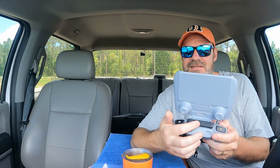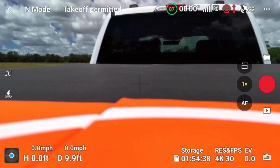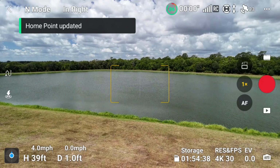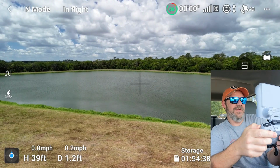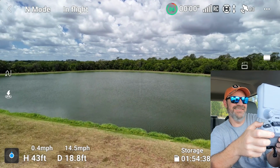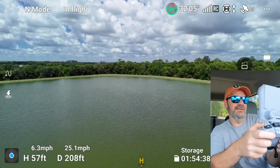I'm going to keep these antennas folded in because I always forget to do that anyway. And I'm hoping that I'm right here, that we're not going to lose the signal. All right, let's get him started. We're going to go straight up in the air to 22 feet-ish. I guess we went up to 40 feet, so I guess that's high enough. We're facing the drone right now, so I'm just going to fly him straight out. And that's the right stick. I'll fly him straight out,